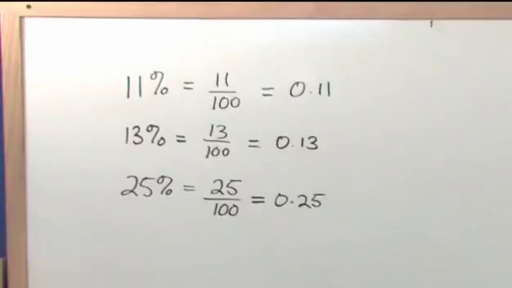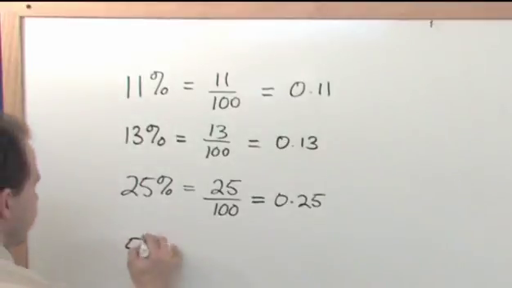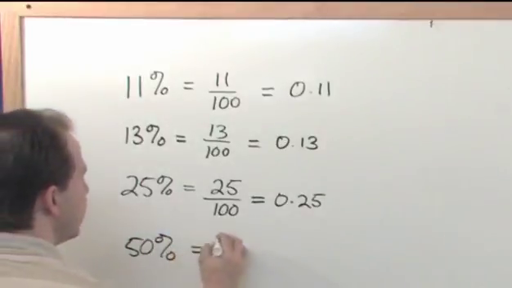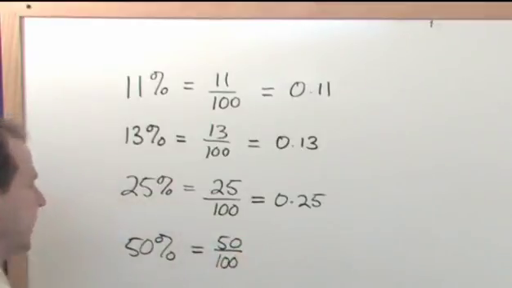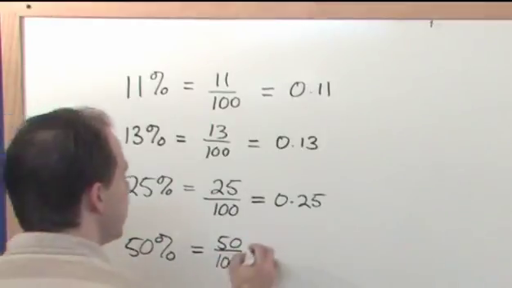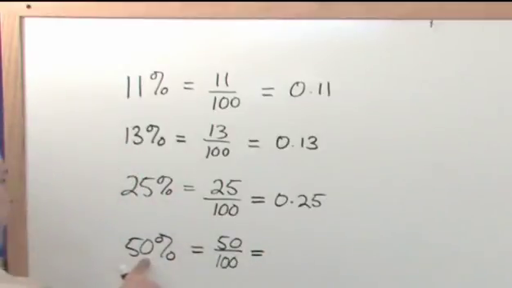Okay? And just one more example. You know, they're all the same thing. 50% off, which just means I'm taking 50 cents out of every 100 cents away. I'm giving you a sale, okay? So I write it as 50 over 100, and as a decimal, you just move the decimal point 2 places